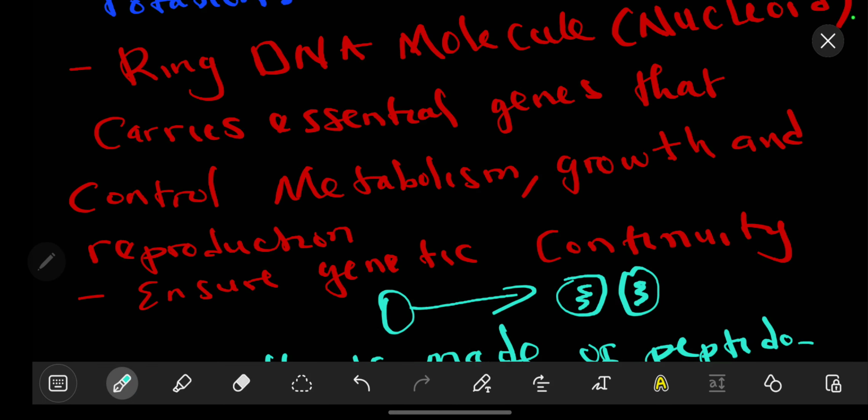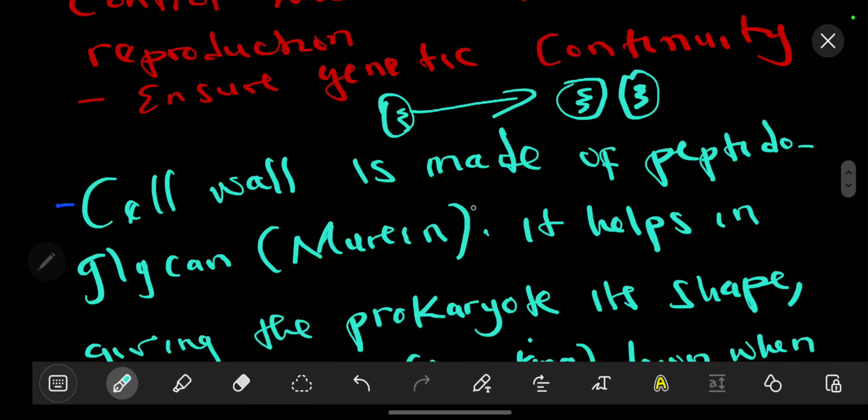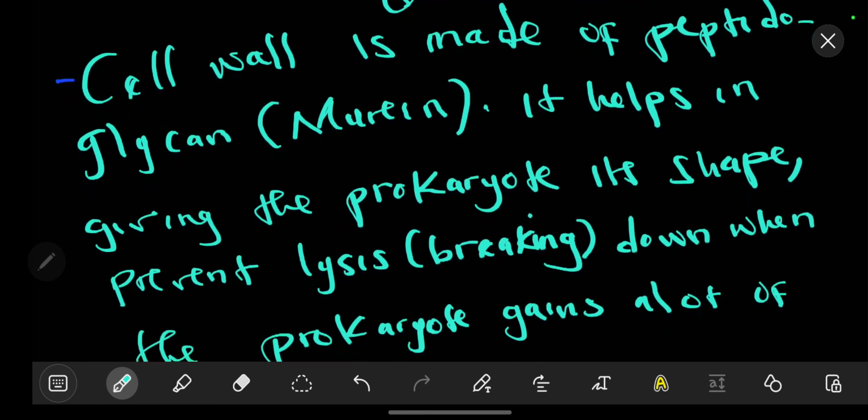So this is extremely important as it enables genetic continuity, meaning to say there is the same DNA that the mother had as well as the daughter cells. The other thing is that the cell wall, which we talked about, being made up of peptidoglycan, which is also known as murein, helps in giving the prokaryotes its shape. Now, not only that, it also prevents what we call lysis, which is the breaking down whenever the bacteria gains a lot of water, which is one of the functions of the cell wall,